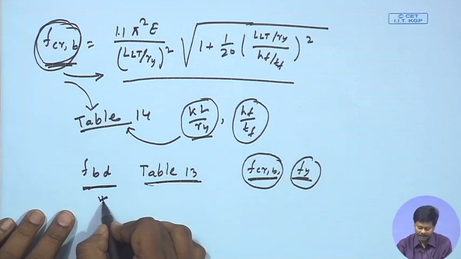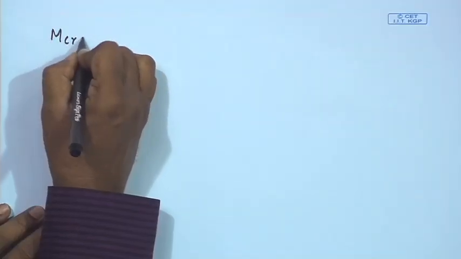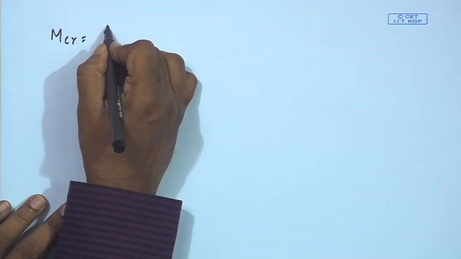So, directly I can find out the design compressive bending stress, and then I can find out the design bending strength of the member. Now, also we can find out the MCR value in a simplified manner from this formula,